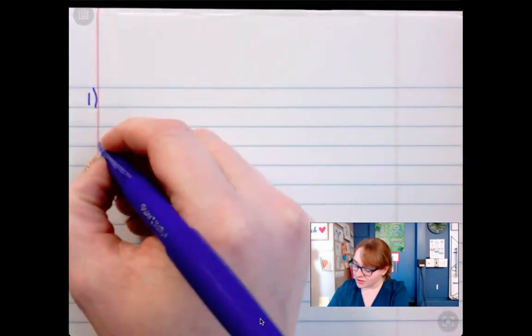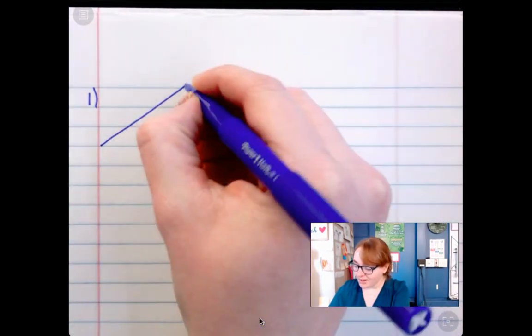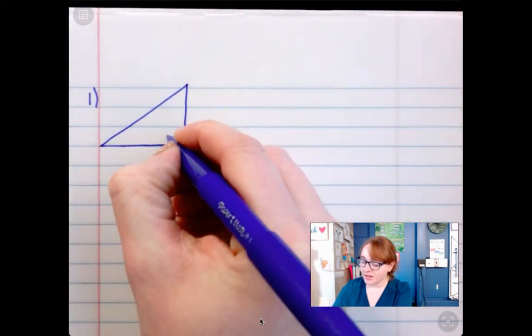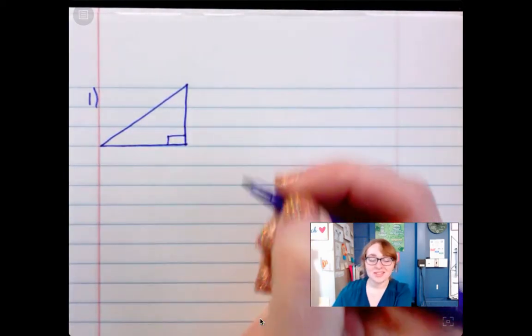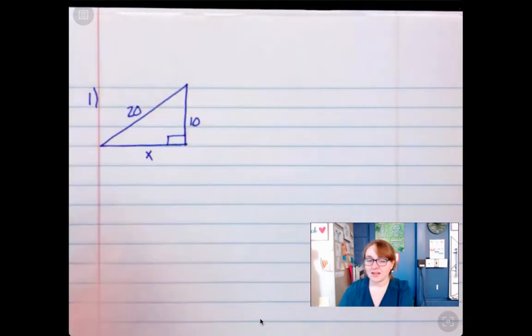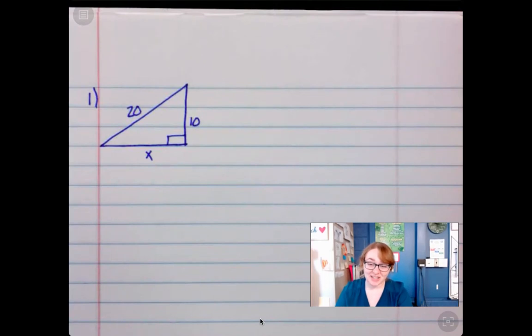Okay, so this first problem, we start off with a right triangle, which is awesome because chapter 9 has been all about right triangles. We have the side lengths of 10, 20, and x, and we want to solve for x here. If we remember back to last Thursday, 9.6b, if we already know 2 side lengths, which we do, the 10 and the 20, and we want that third missing side, we could